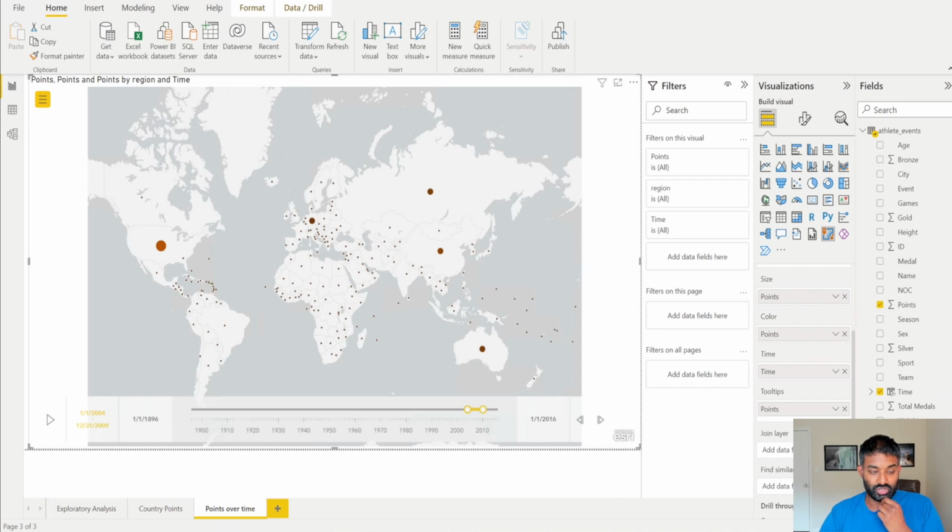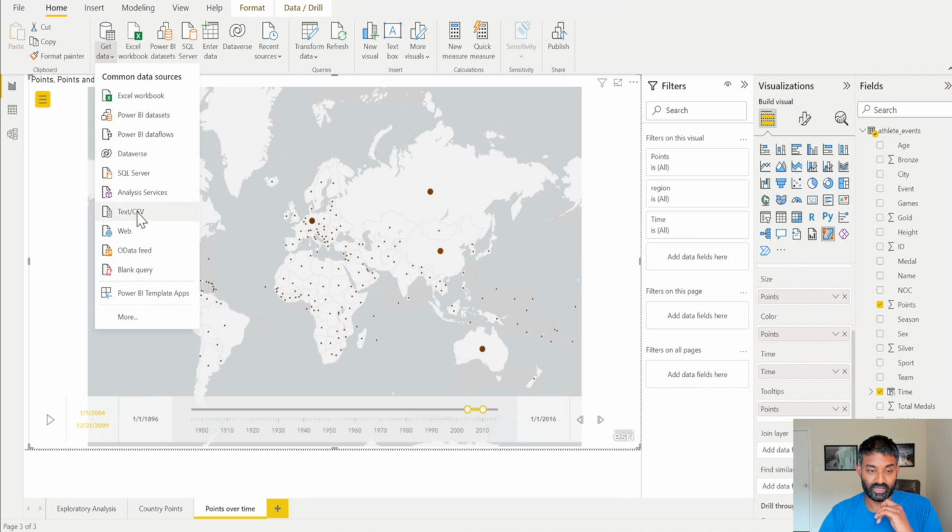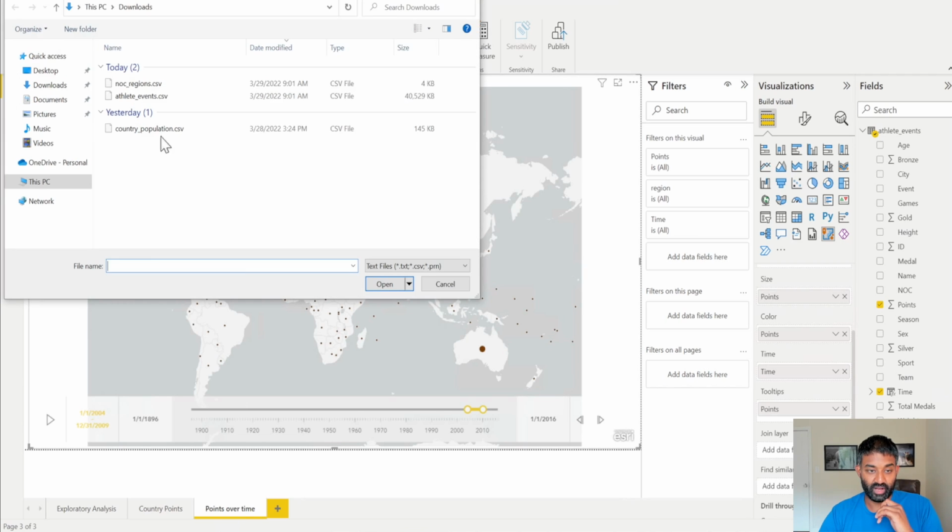The next thing I want to show you is how to find the number of medals a country has, or the number of points a country has per 1,000 people in the country. So we need a way to join population data and medal data together. So the first thing we're going to do is import our third and final data set, which will also be a CSV file. This is called